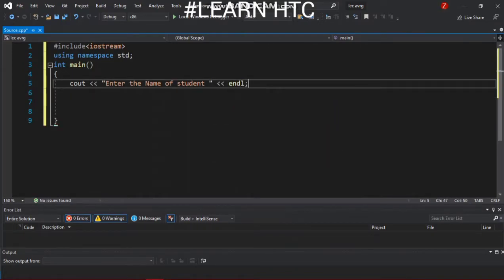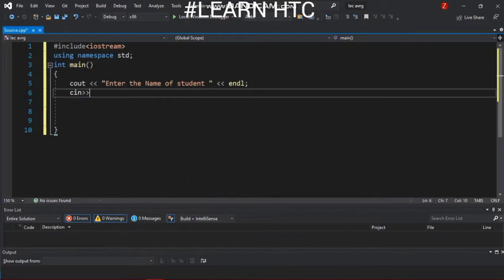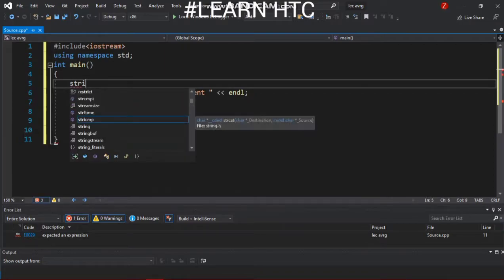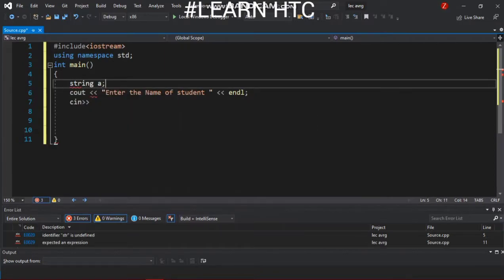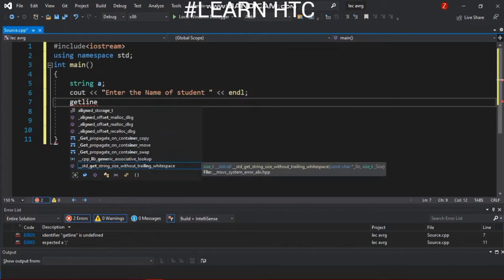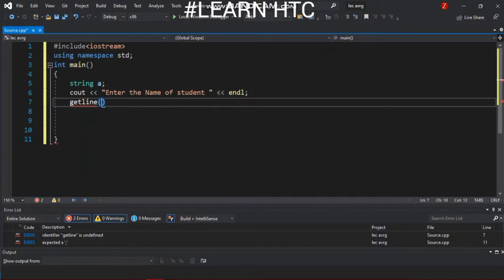Now we have to take a value from the user. Firstly we have to declare some data types. We will declare string here. We can't enter a name or a long sentence in any data type excluding string. Secondly, we have to allow taking values after space and enter, but getline takes the value until we press enter. It takes spaces and other things, but cin has the limitation that it does not. The syntax of getline and string is explained in my previous videos. You can watch them to learn this concept.